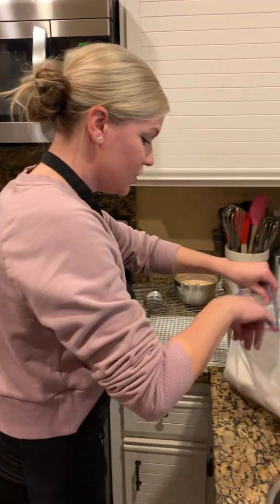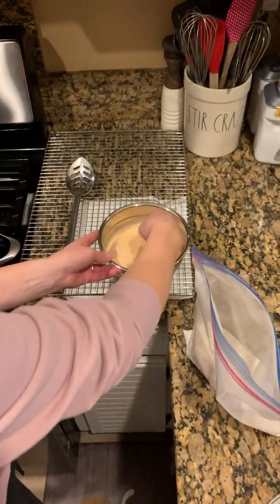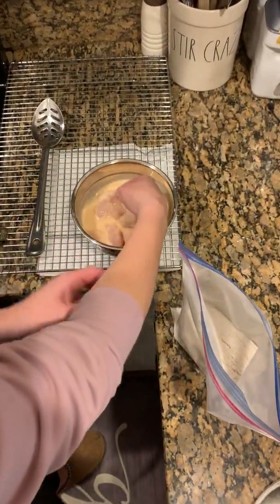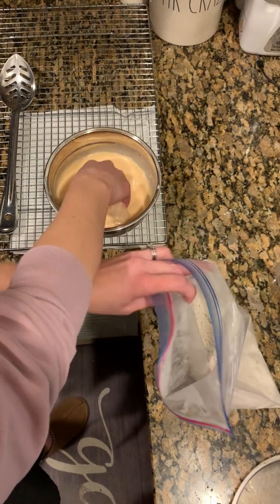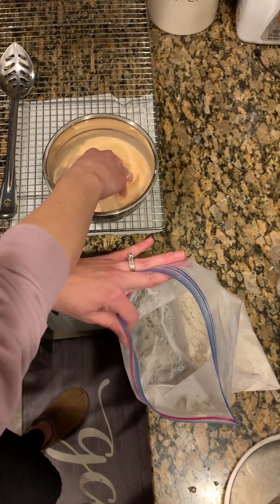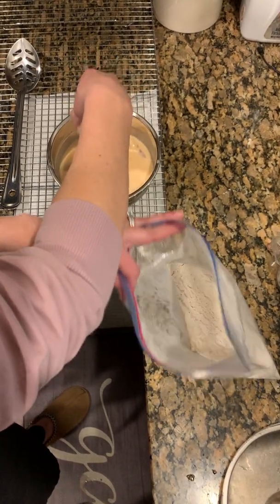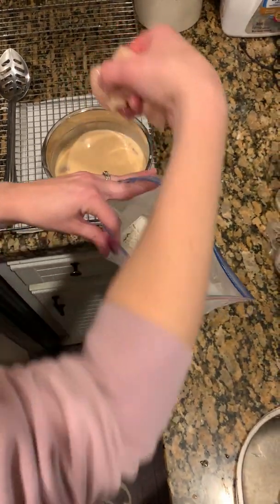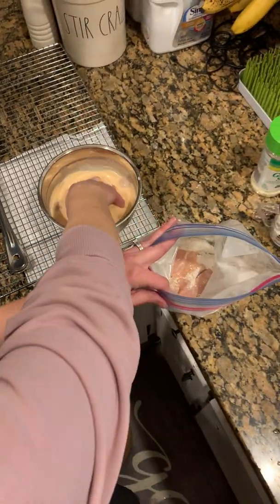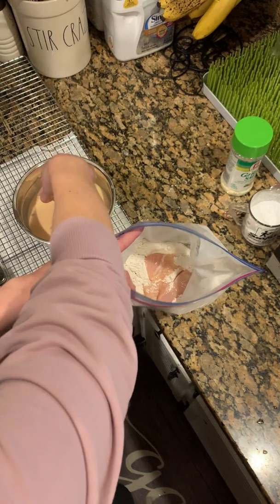So what I'm going to do is take my chicken and make sure that I get off some of that dredge. I don't want it to be soaking wet because then it's going to make this flour mixture in here a soggy mess. So I am going to make sure that I strain it a little bit before I add it to my bag. And I'm going to add all of them in there